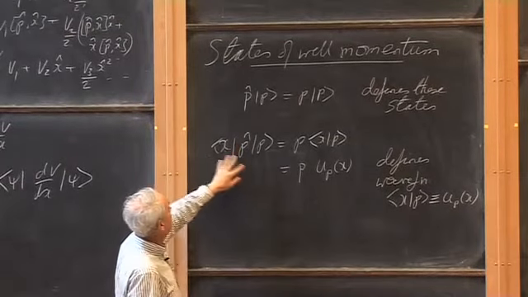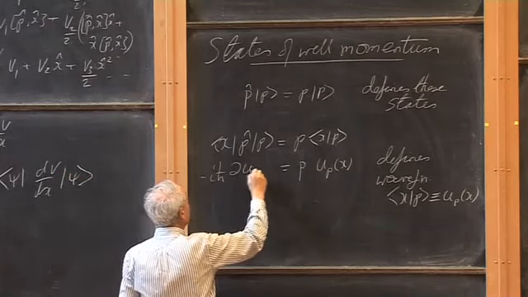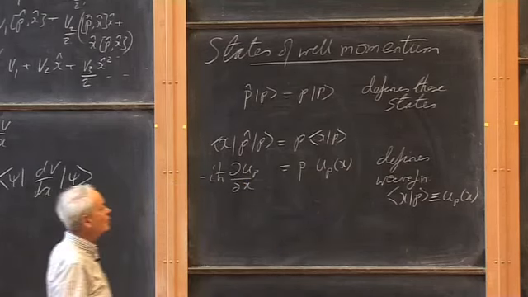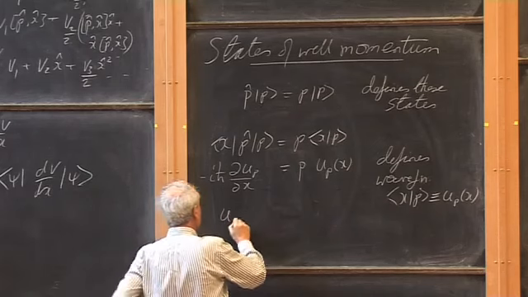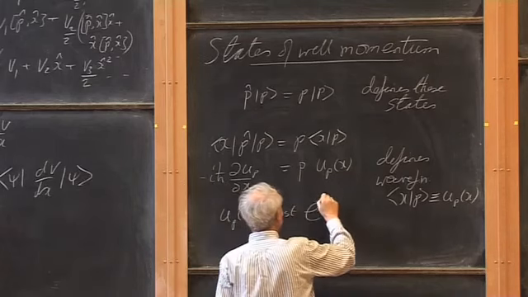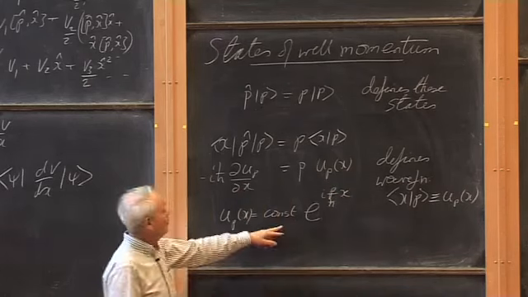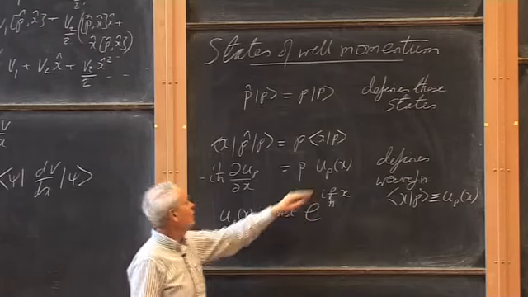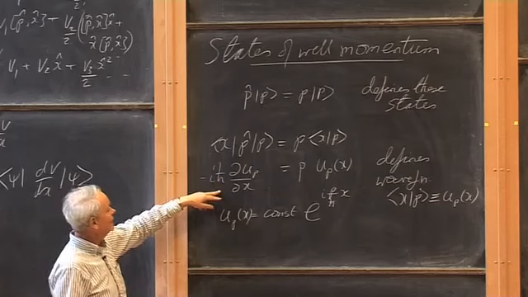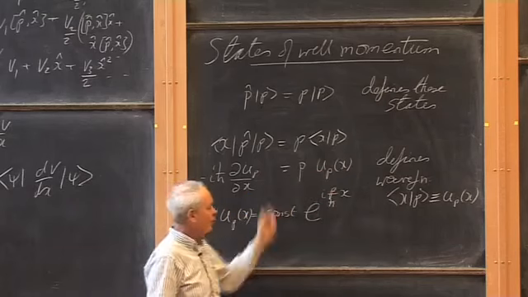And this left side, by the definition of the p operator, is minus i h bar du p by dx. So here we have one of these trivial differential equations which we know how to solve. It tells us that u p of x is equal to a constant times e to the i p over h bar x. If we put e to the i p over h bar x in for u, when we do this differentiation, we get down an i p over h bar. The h bars cancel. The minus i and the i together make a 1, and the p sticks around, which is what we want, so that's it.